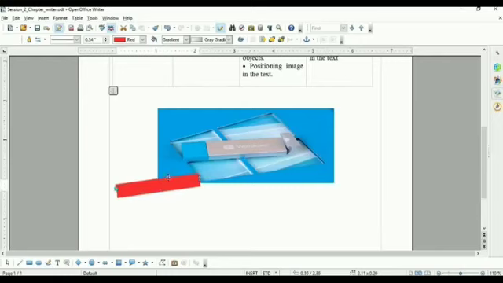Now see, two more options are available here: bring to front or send to back. Send to back means once you select the send to back option, your picture will appear at the top of this drawing object. Means this drawing object goes behind the image. Once you click on bring to front, this drawing object appears in front of the image like this. Is it clear? So these many options are present. You can apply according to your choice.